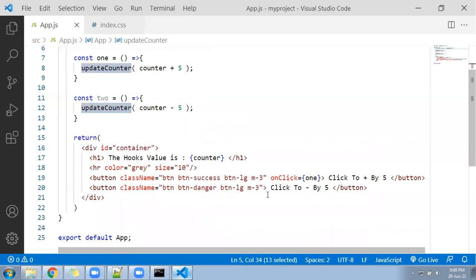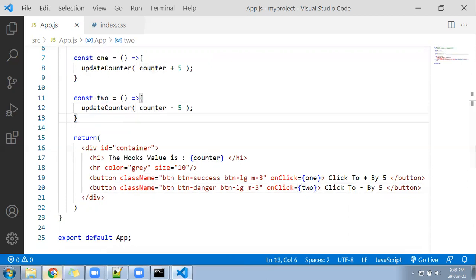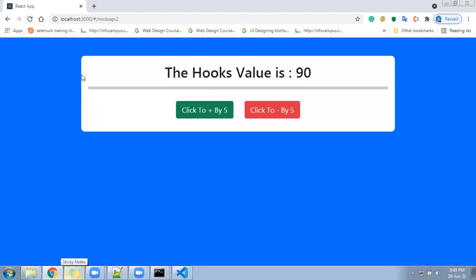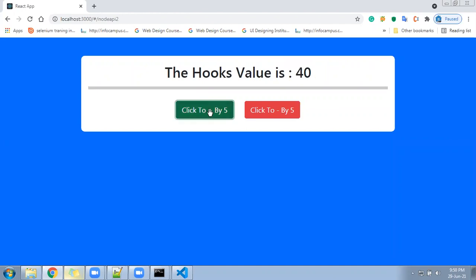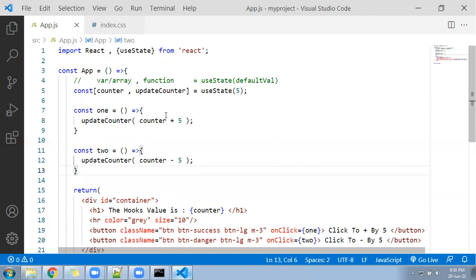Now come down here. I'll click again. onClick equal to, call function2. Now what will happen in that? When you call function2, it will just subtract from the counter, that's all. Let me go here and see. Let me reload the page manually. When I click here, see, it's incrementing by how much? 5. Now when I click here, decrementing by how much? 5. Just simple to play with, which one? Hooks in state, nothing difficult.